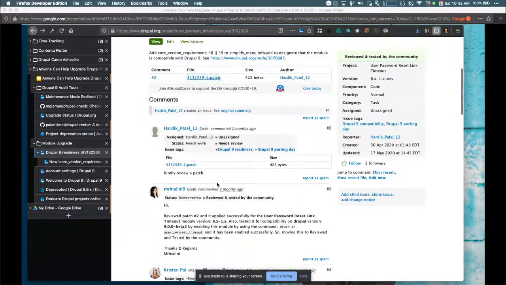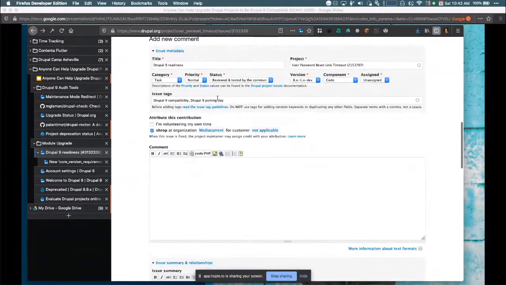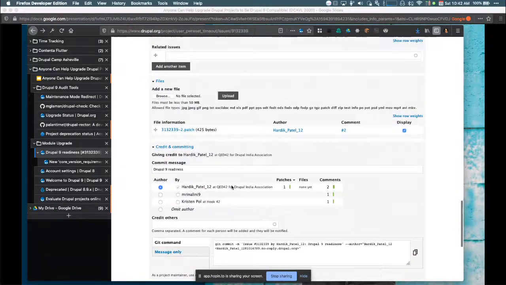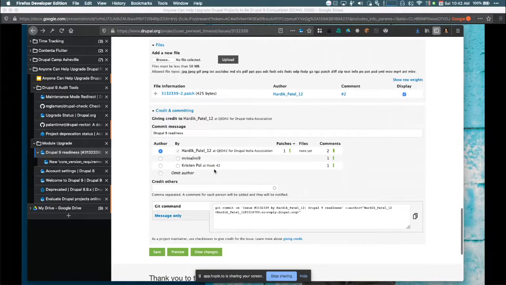All right. So we are at a place now where we can commit this. I am going to do a handy thing here. First of all, I'm going to check to make sure to give credit on the commit. It looks like that Hardik actually made the patch. We have some other users that have been involved and helped out here. So we're going to give them credits also. And then it automatically gives us a git commit command.